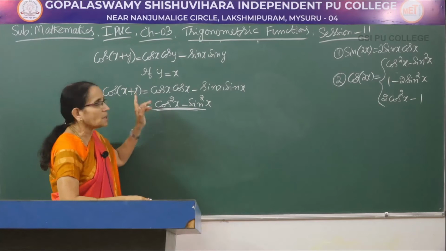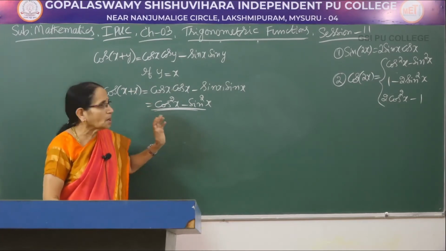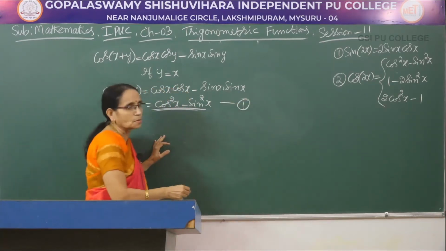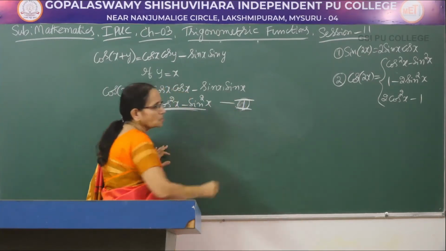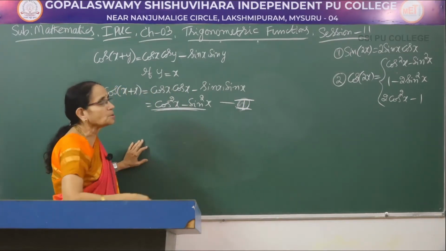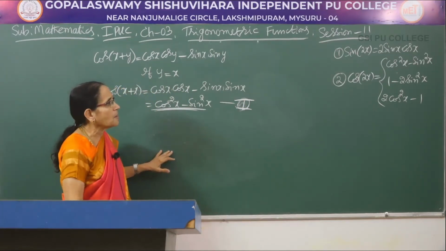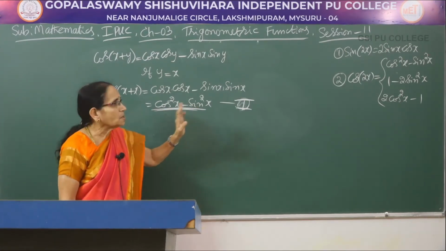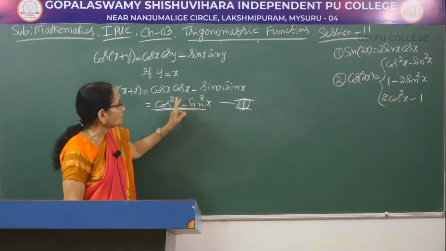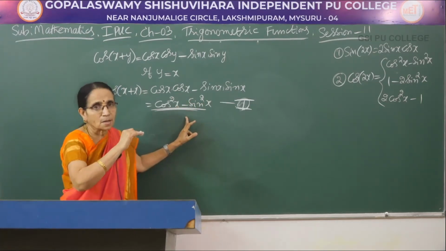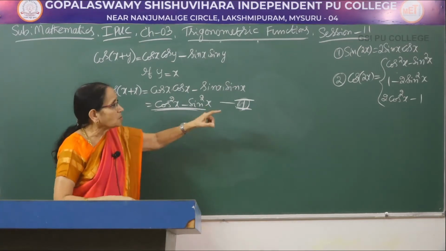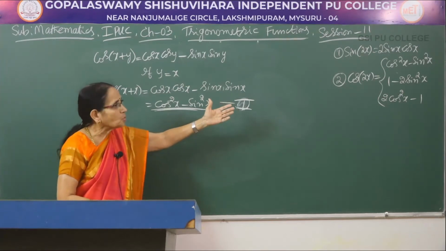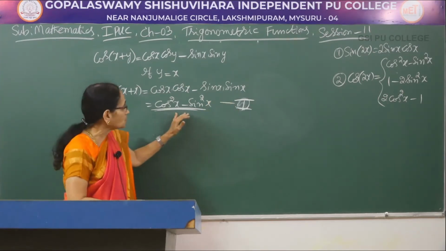When you apply the compound angle formula and take y to be equal to x, the first result is always obtained. If you want, you can give a number for this one, or you take it like this. Now, in a particular problem, they may ask you: show that cos of 2x equal to 1 minus 2 sin square x, the second result. Or the last part may be asked: show that cos of 2x equal to 2 cos square x minus 1. To get those, we have to make some change to the first one.